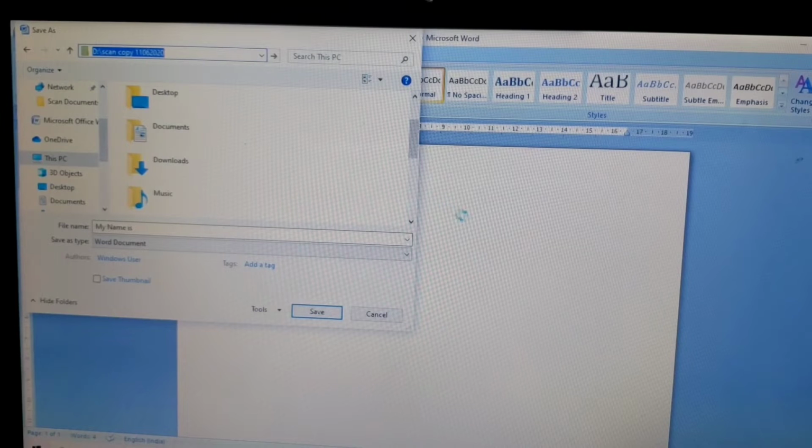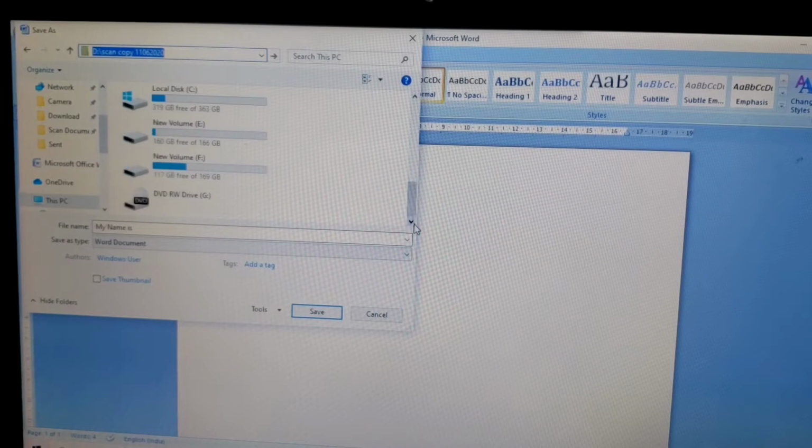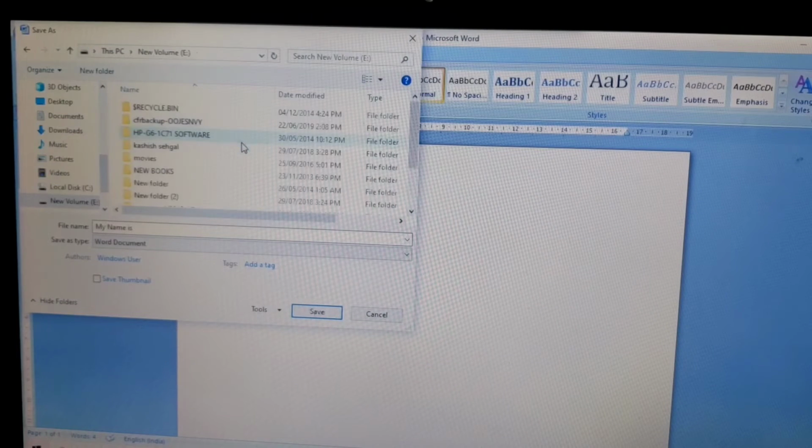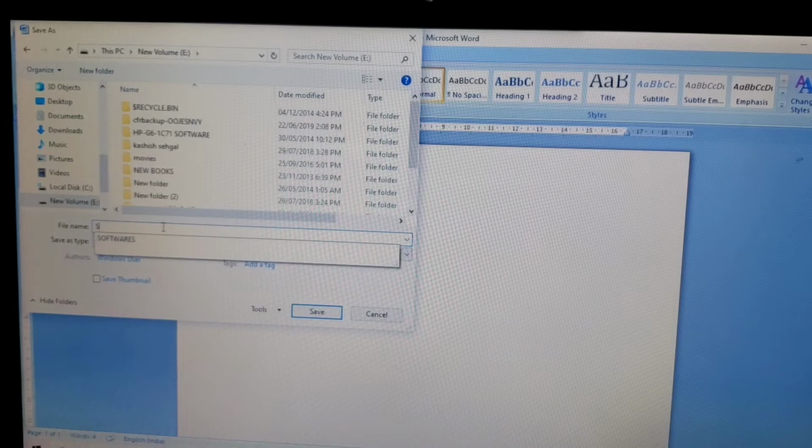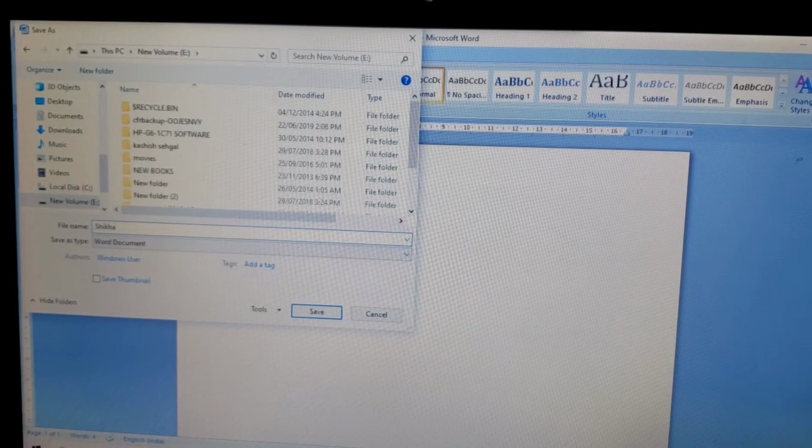From here you can select the location. So I chose E drive and here I'm saving it with the name Shikha. Just save it.